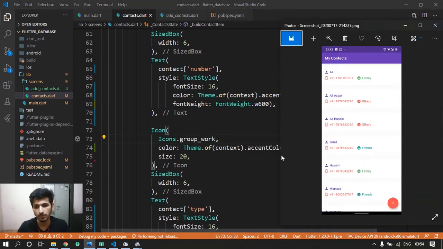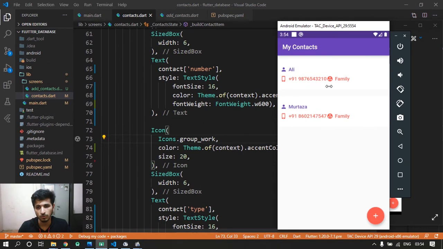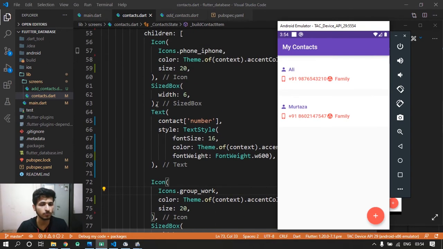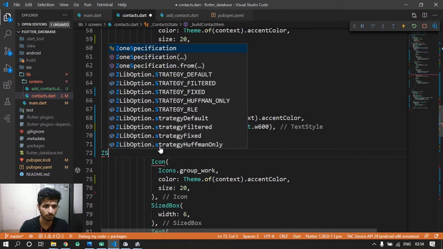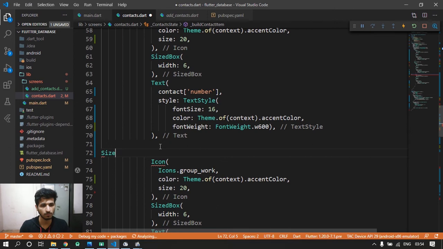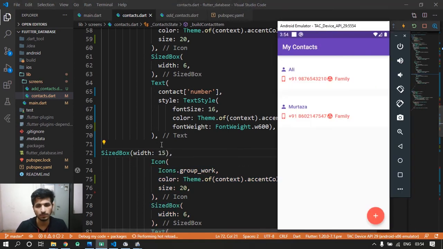Now if I hit save, you can see it comes up. We need to add some margin between both of them. So let's add some SizedBox here with a width of 15 pixels. Hit save, and now it's looking much prettier.